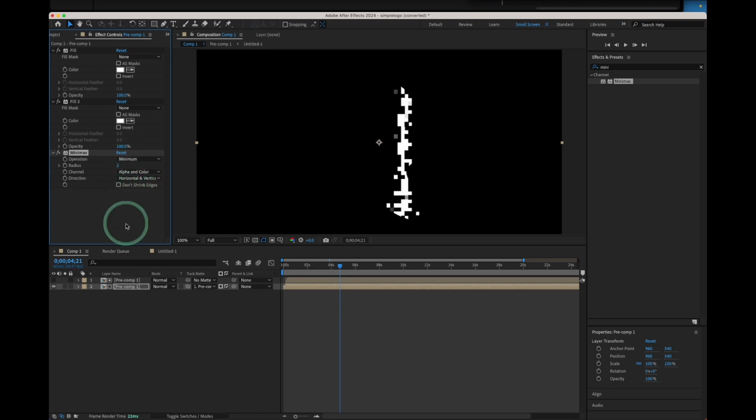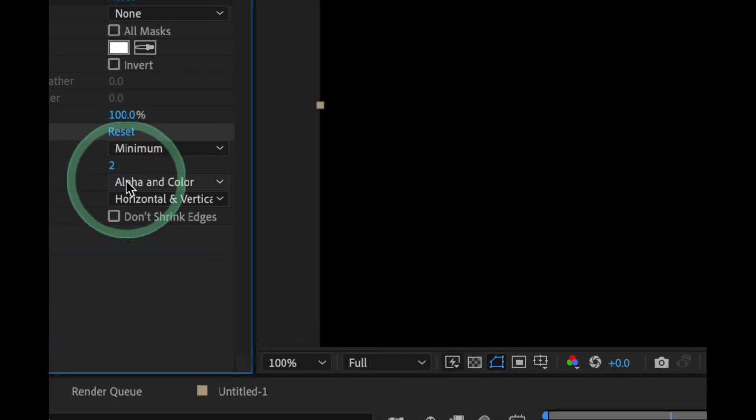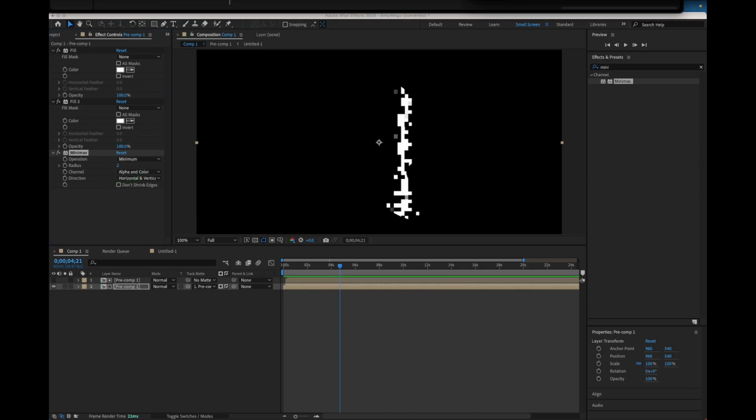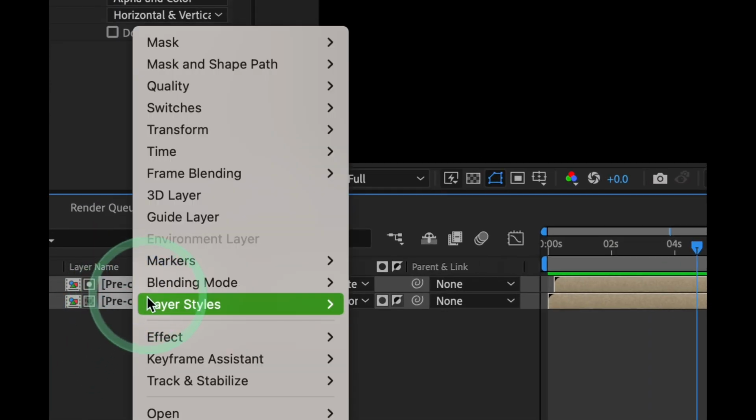Yeah, minimum, not maximum. So here, minimum 2 and alpha and color. Okay, and now what we're gonna have to do is to select both, right click,